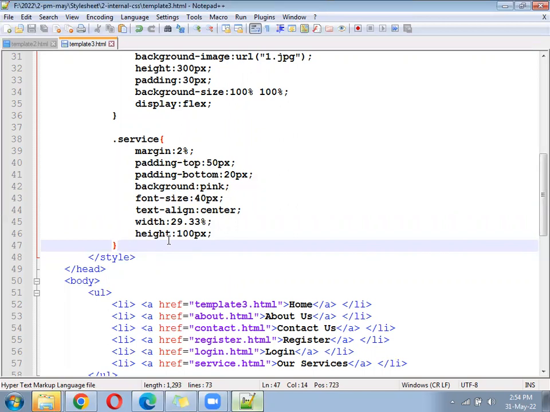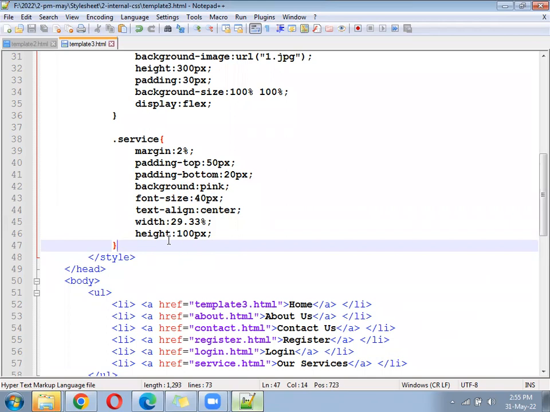So here we have taken padding-bottom and padding-top, right? Here, what we have done is padding. When writing padding and margin, we can write them in two ways. One, you can write them separately: padding-top, padding-left, padding-right, padding-bottom. All four ways we can write. That is one option. Another option, we can write short code also.